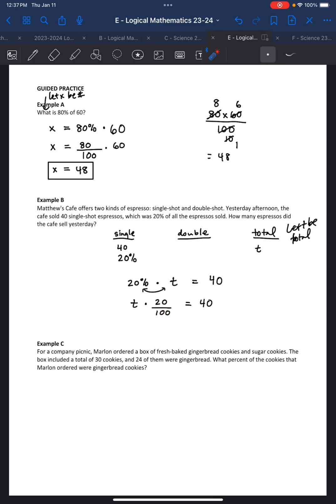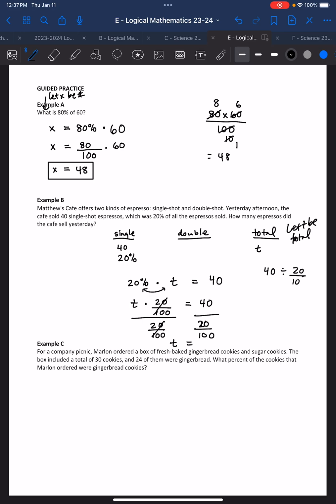So we always do the inverse of what we're doing. The inverse of multiplying by 20 hundredths is to divide by 20 hundredths. So I'll do that on both sides. I'll divide both sides by 20 hundredths. When I look at the left side, both the numerator and denominator, they cancel the 20 hundredths. I'm left with T on the left side equals. Now off to the right, I will do my division. 40 divided by